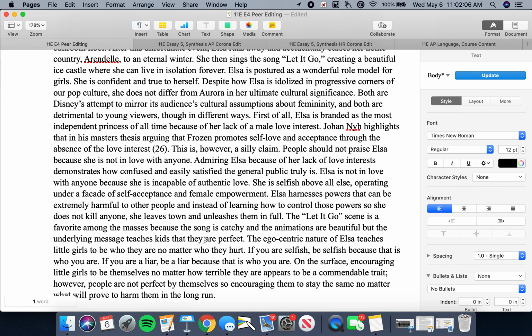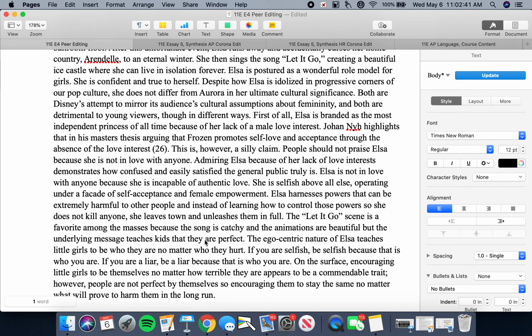That changing yourself for the benefit of others, for the benefit of your community, is something that you never should have to do. That you simply just need to let it go, be yourself, and be completely free, and other people will just have to deal with you. All right, this, while it makes more sense in the logic of the plot of Frozen, essentially is cultivating this kind of ethic in children, to train them that they're perfect just the way they are, and that's just not true. Nobody is perfect the way they are.